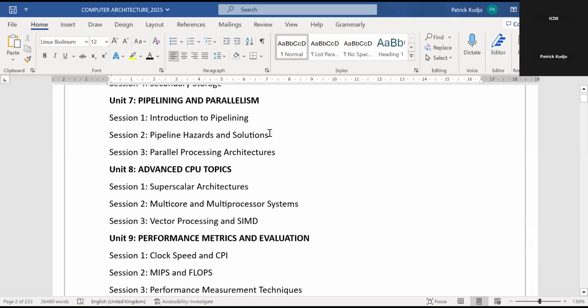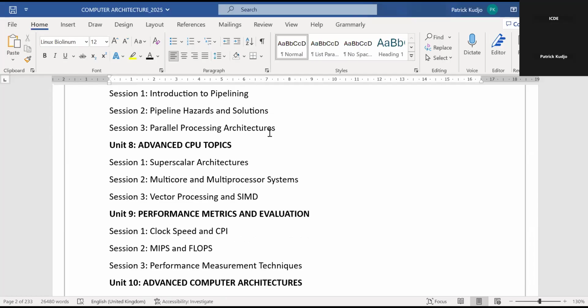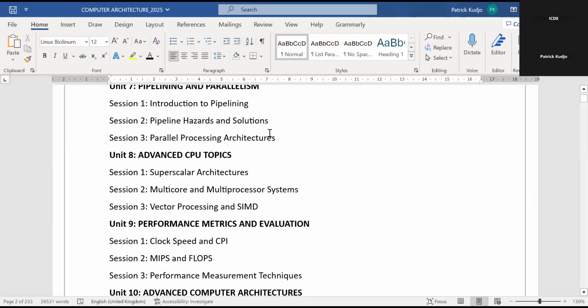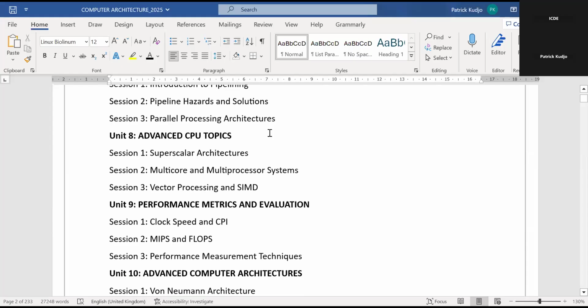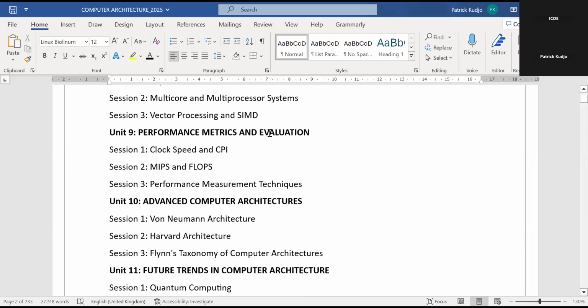And again, advanced CPU topics, where we are looking at the superscalar architecture, multi-core, multi-processor systems, vector processing. And if you look at the superscalar architecture, partially it will be discussed within the pipelining context. Unit 9 has to do with